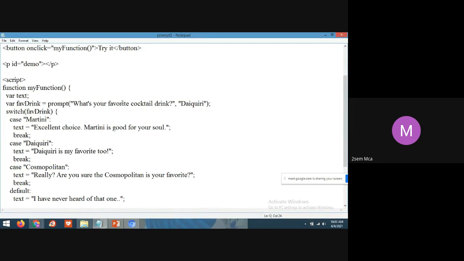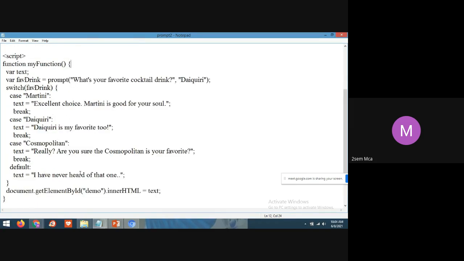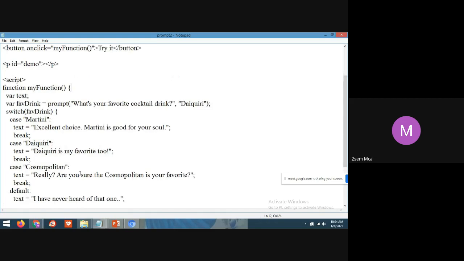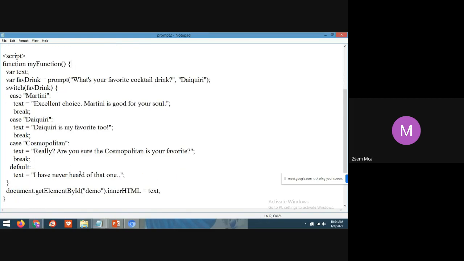Daiquiri, martini, and cosmopolitan. So there are three varieties of drinks. It is taking the input from here. The function will start. Two variables they have declared: favorite drink and text.